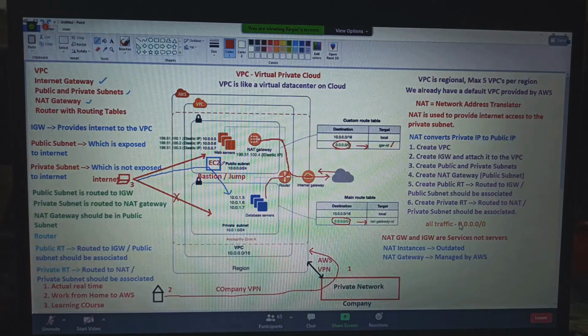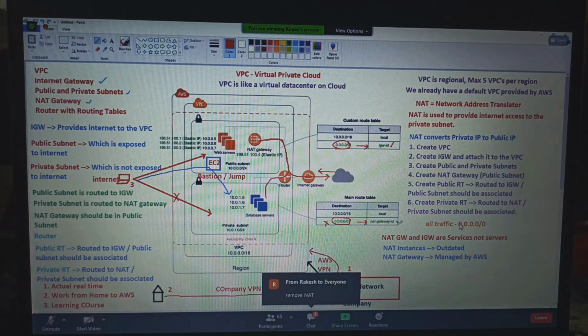What is your answer? Disable NAT or remove the NAT or remove this route table. Guys, we have this routing table, this route. All traffic should be routed to the NAT.